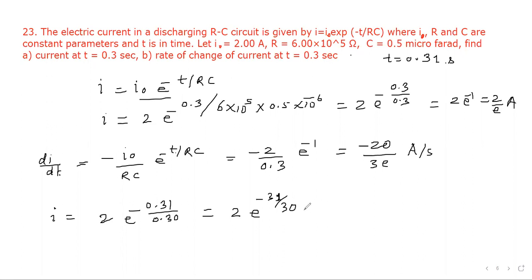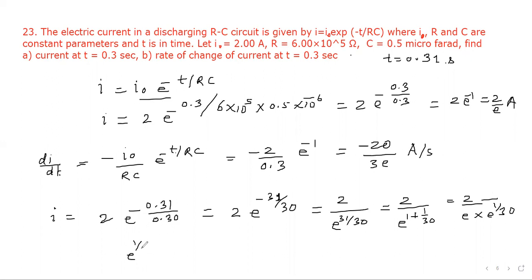That is the next step of this. So let's try to get that answer. We can write it, the negative power we can take in the denominator. So this will become 31 upon 30, which can be written as 2 e to the power 1 plus 1 by 30. That is 2 upon e times e to the power 1 by 30. Now, if we evaluate e to the power 1 upon 30, that comes out to be